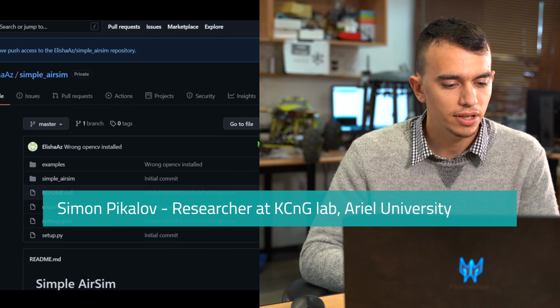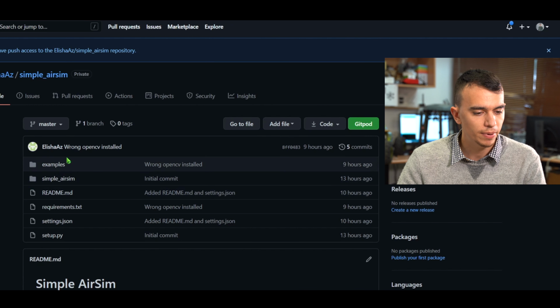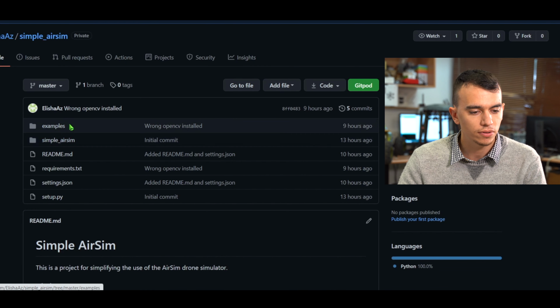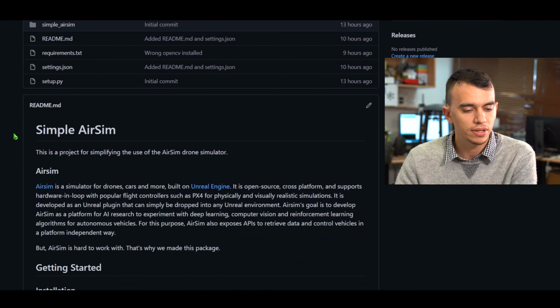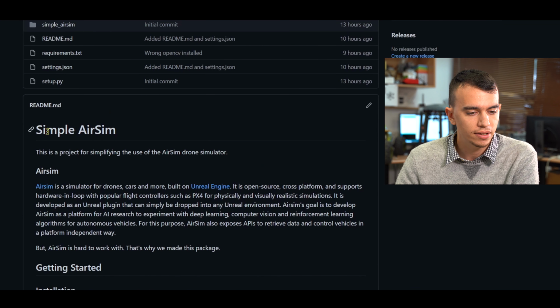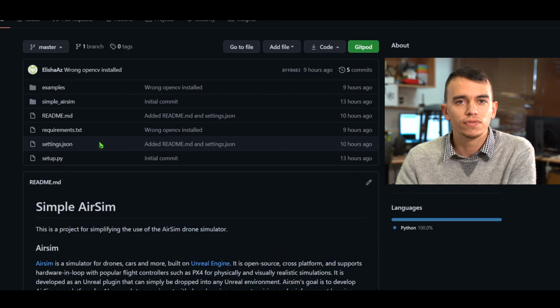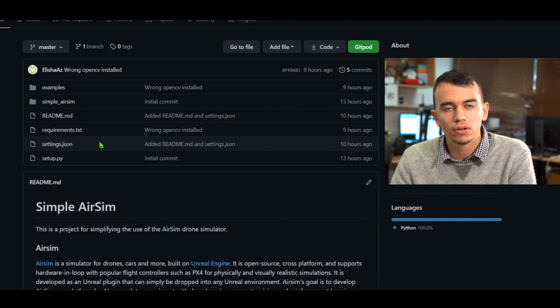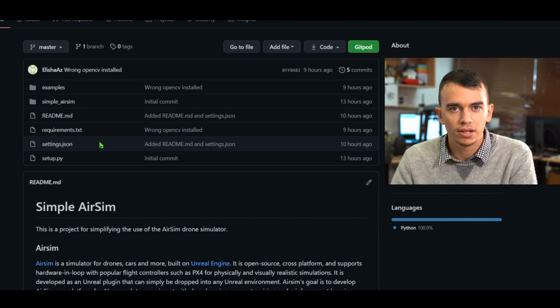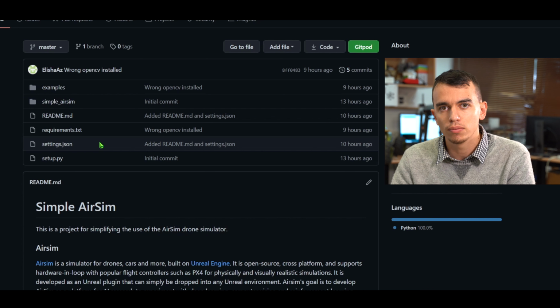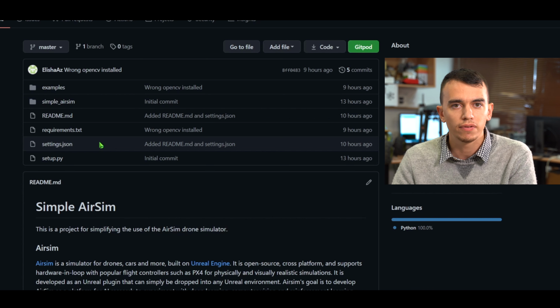So let's look at our GitHub page. We have all the dependencies, all the folders with the source code that you can download from the GitHub, and let's look at the README. It's very important to download all the dependencies from the GitHub and see that you have all installed correctly, because even if one simple library will be missing, nothing will work.